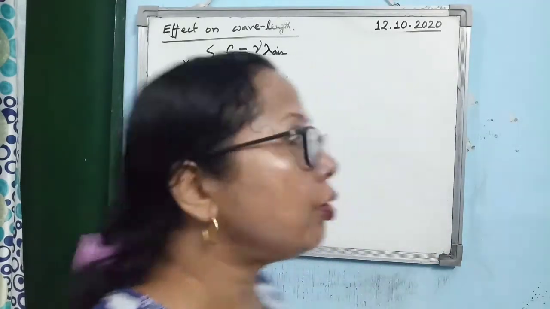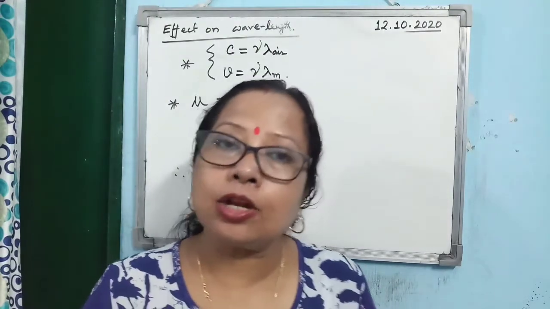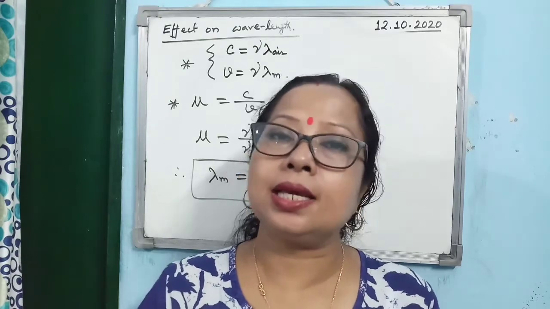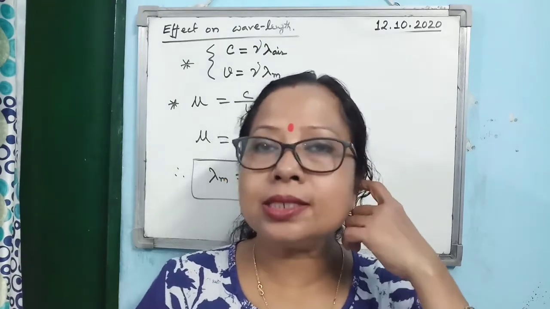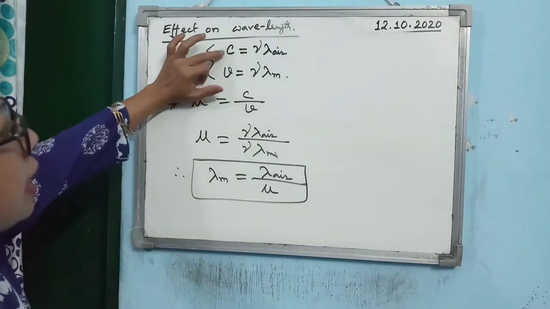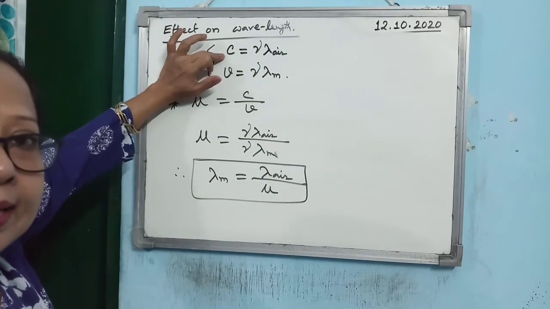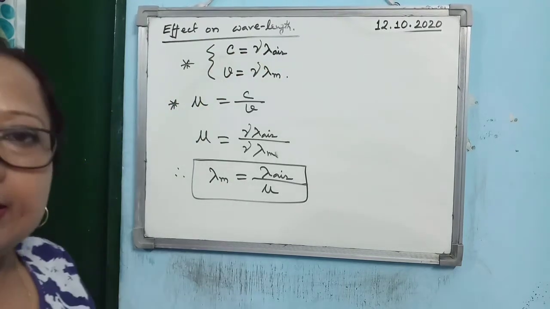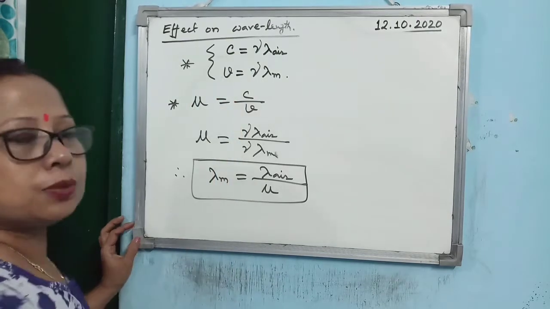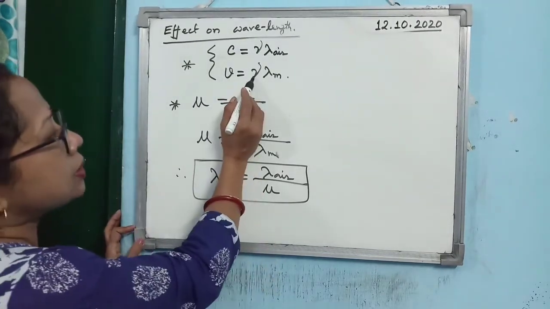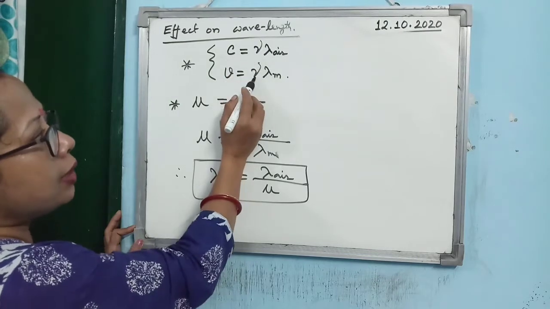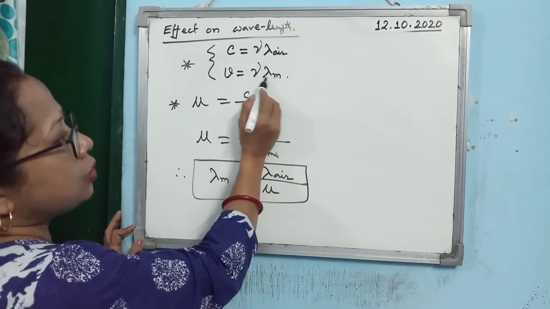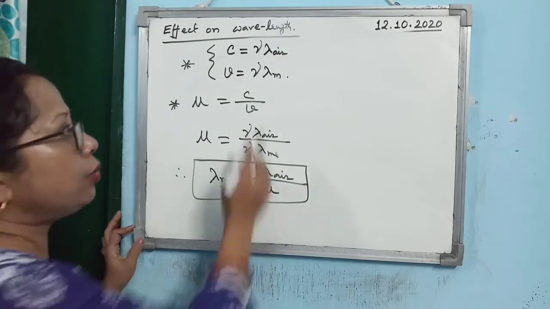And this you also know, that the speed of an electromagnetic wave or any wave, it may be an elastic wave also, is given by c is equal to frequency into wavelength. So if you consider c as the speed of light in air, then you can write frequency nu into the wavelength in air. Now if you consider v as the speed of light in the medium, then I have used the same term, frequency nu. I have not written nu m. Why? Because the frequency remains the same. So it will be frequency into the wavelength in the medium, so nu into lambda m.